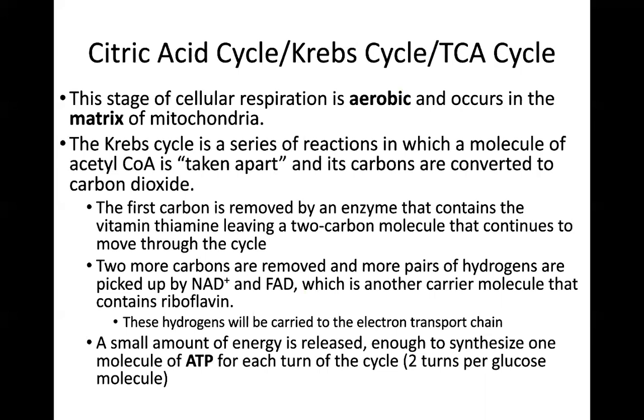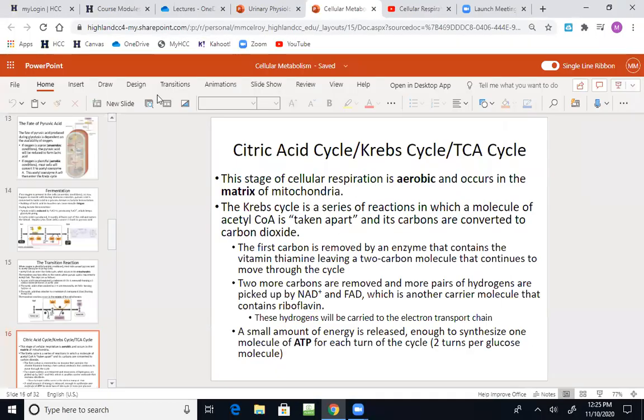Those hydrogens, and it really should say electrons in there as well, will be carried to the electron transport chain. A small amount of energy is released, enough to synthesize 1 molecule of ATP per turn of the cycle, or 2 turns per glucose molecule, because there are 2 acetyl-CoAs that entered it. All right, let's pick up with our video